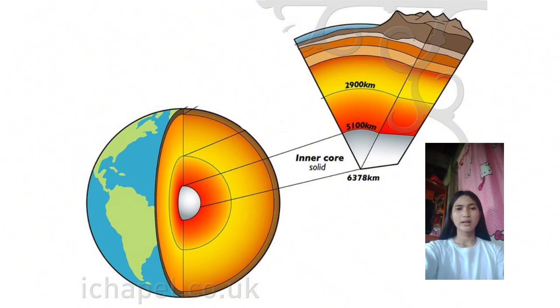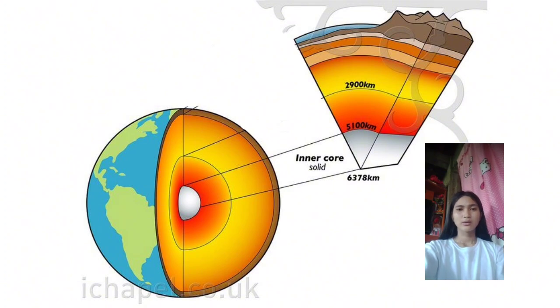Earth's inner core is the innermost geologic layer of the planet Earth. It is a solid ball with a radius of about 1,230 kilometers, which is about 20% of Earth's radius or 70% of the Moon's radius. There are no samples of the core